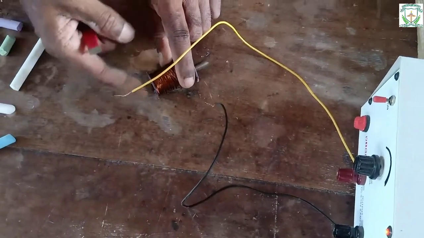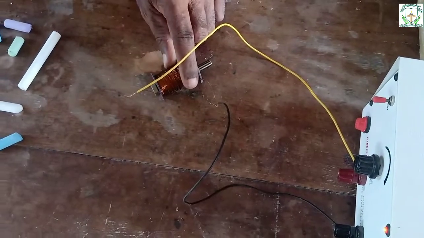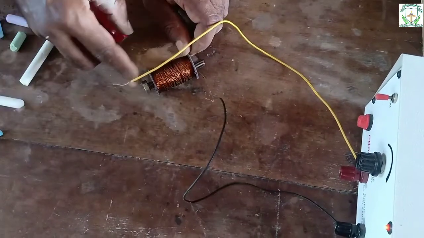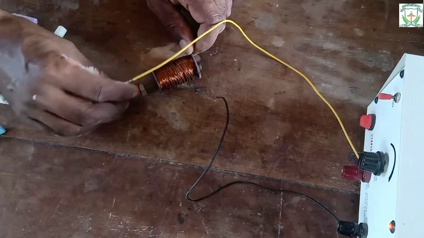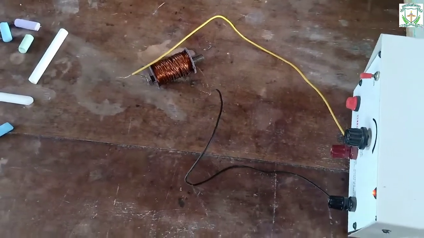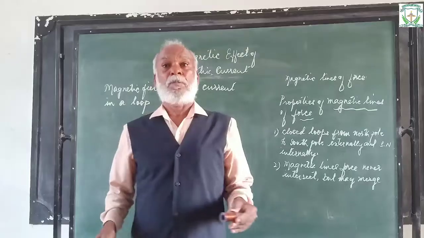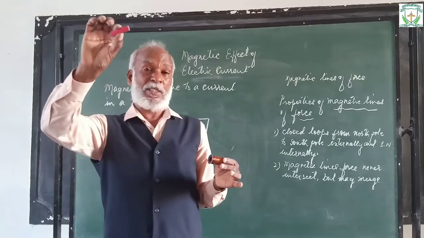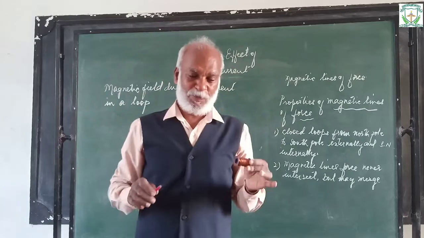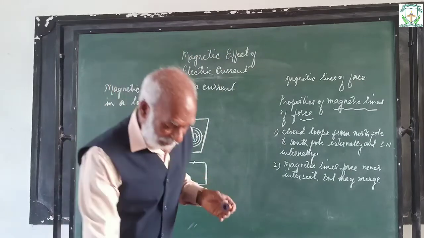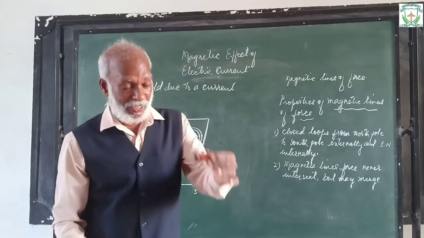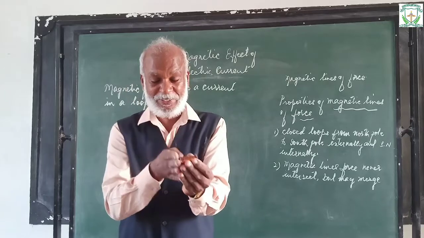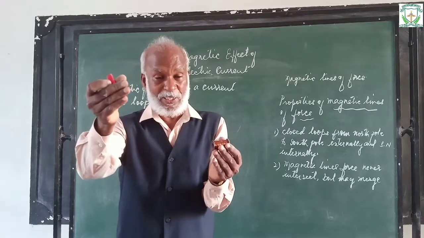See, it was the south pole before, and when the north pole is brought near, it should attract. Now this has become the north pole and this is the south pole, you see. So when the direction of current in the solenoid is reversed, the poles also get reversed. A current carrying solenoid and a bar magnet behave the same way. We have demonstrated, you observe, the current carrying solenoid shows two poles similar to a bar magnet.